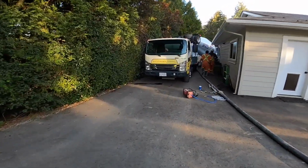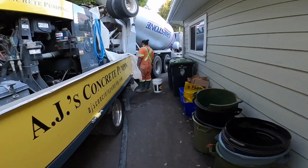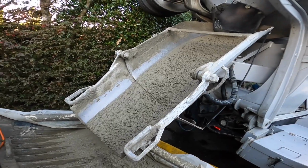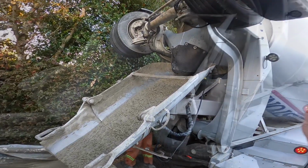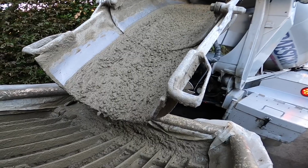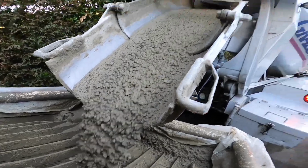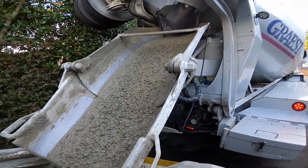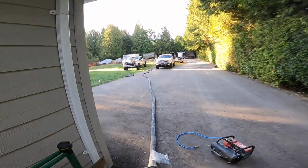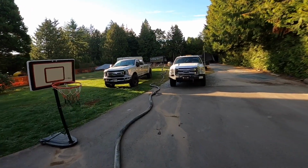Let's see what we got in the chute now, and then we'll see what we're gonna bring it up to, just so you get an idea. It's probably 110, 120. So juice this up a little bit. So that's a nice slump there. That's probably actually about a 170. So maybe a little wetter than what I would recommend, just considering the mix is a little bit rocky,